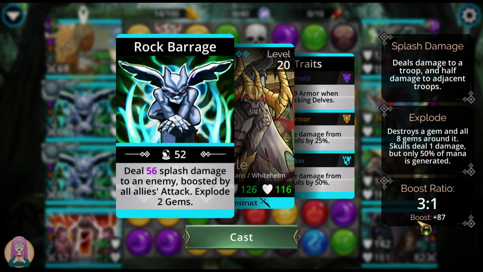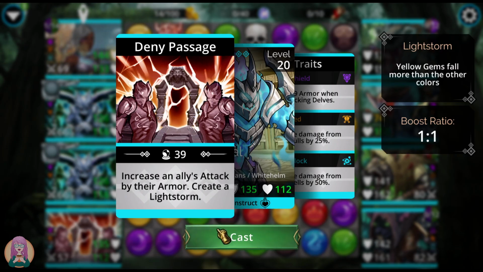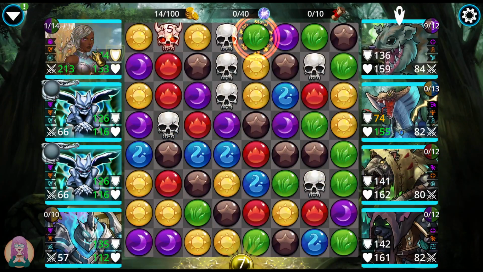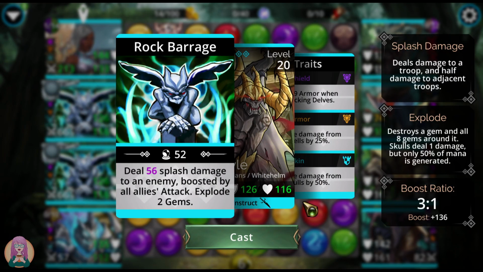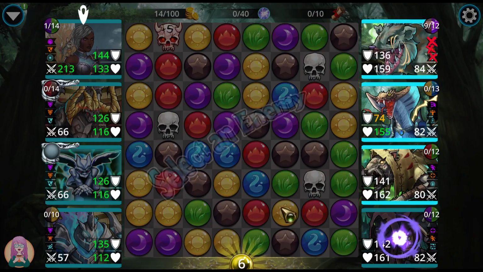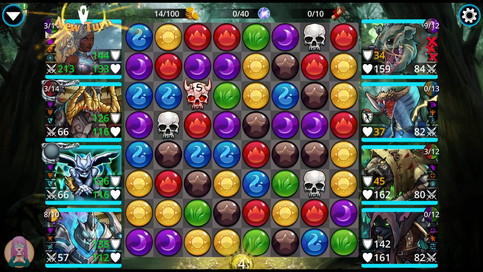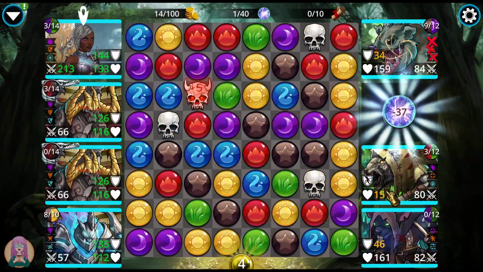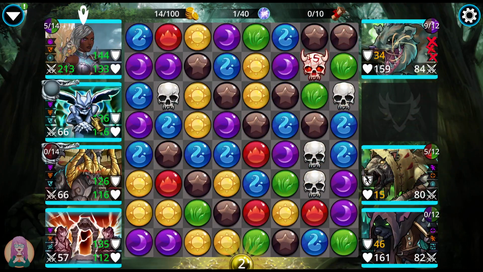So right now, we have a boost of plus 87 on this splash damage. Watch what's going to happen here. I already have this going on. Let's hit this. And now my attack is 213. This boost just went up to 136. And so we're just going to go ahead and we're going to cast this. It is splash damage, so that means you are limited. But this is really amazing in a delve setting where you can,